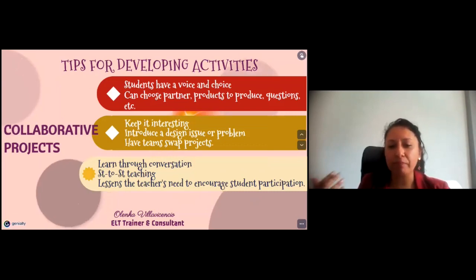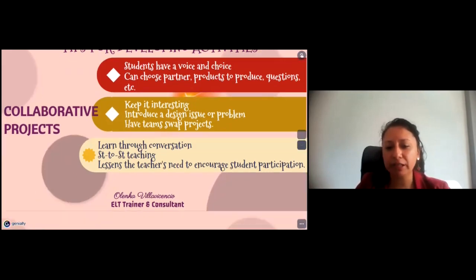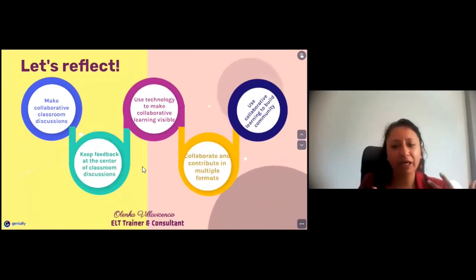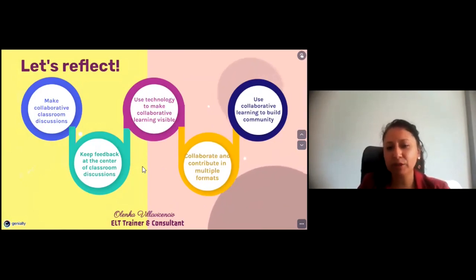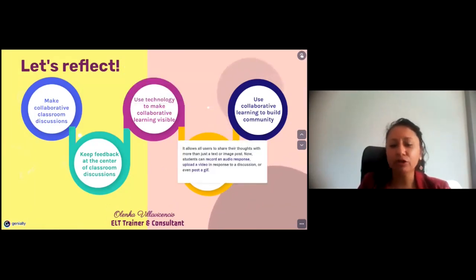Introduce a design issue, a problem, have teams, swap projects if necessary, not all the same things for all the semester. For example, I teach undergraduate students and postgraduate students, so it's necessary that they know each other. Learn through conversation, student-to-student teaching. The teachers need to encourage student participation as well. And let's reflect all together to make collaborative classroom discussion, try to give feedback, immediate feedback, for example, with this tool. Use technology to make collaborative learning visible, collaborate and contribute in multiple formats when you try to develop